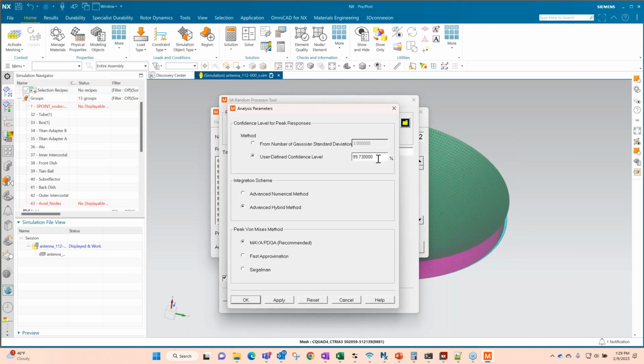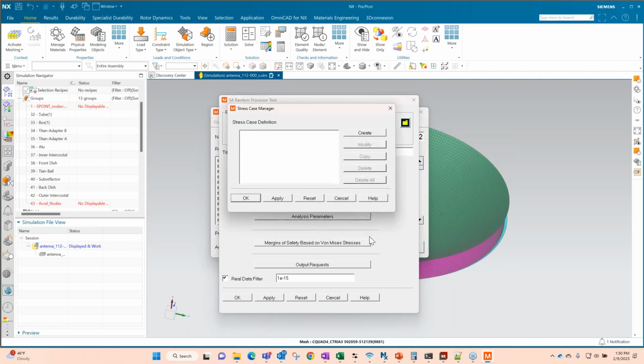Generally, especially for space applications, you're usually using 3. Again, this doesn't multiply the numbers by 3. If you choose this, it's just doing it to the appropriate confidence level. And for von Mises stress and the failure metrics, it's going to figure out the appropriate peak value for you. Hit OK there.